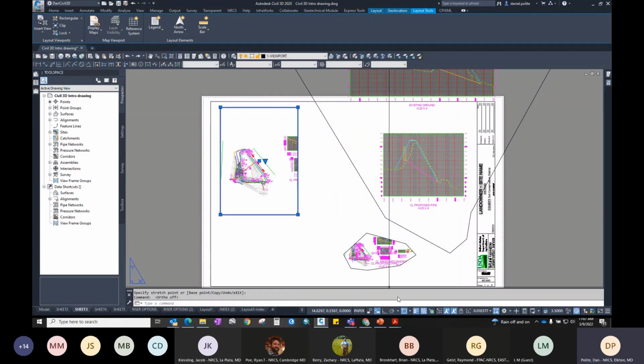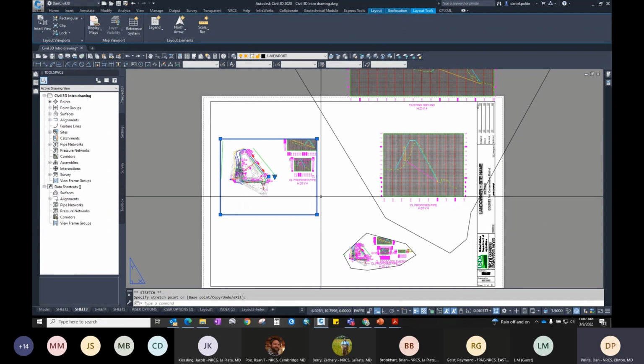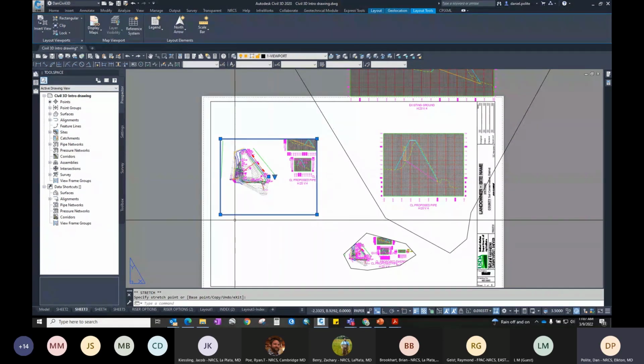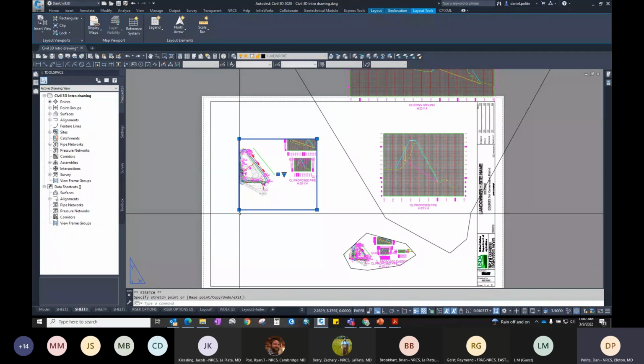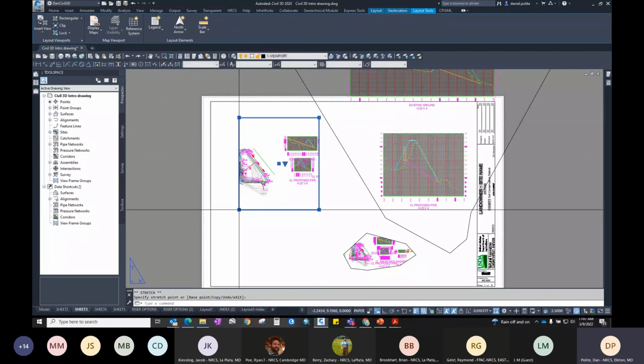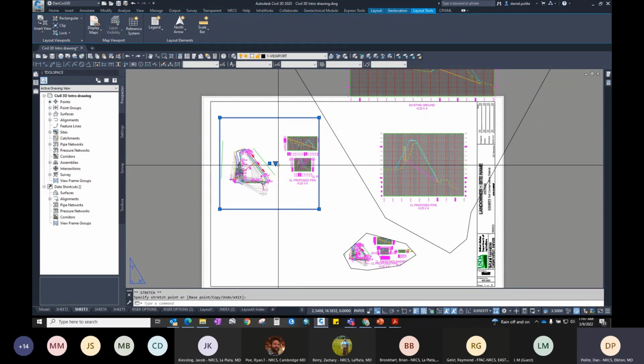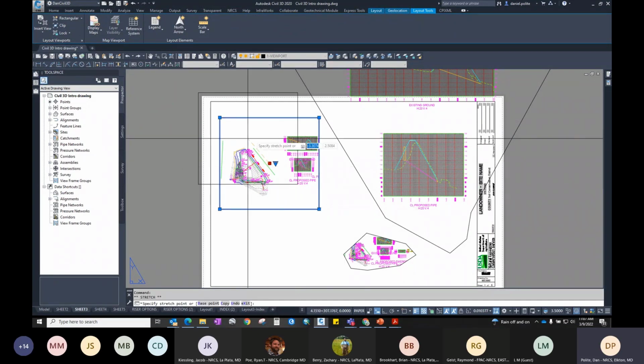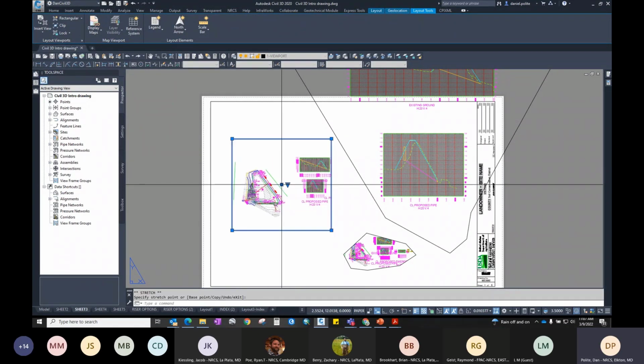But if you don't have your object snap on, actually I created a rectangle on this, so it should just go with the rectangle. So you can make it as big, as small as you want. This here, you just move it wherever you want. So that's the other grip. Scale grip,